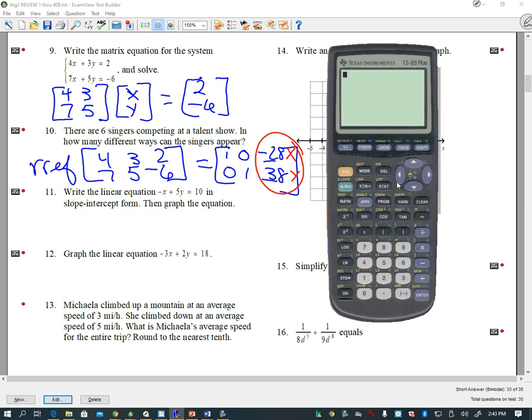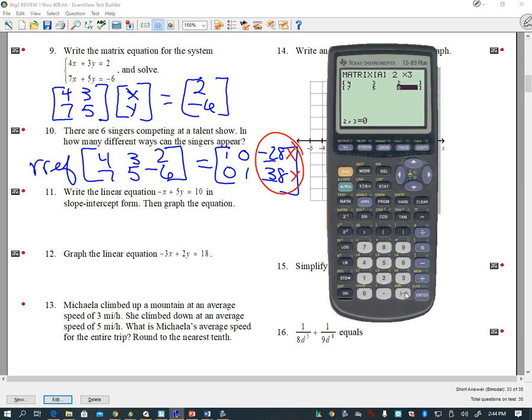All right. So are you ready? Okay, so first thing we're going to do is hit second matrix. We're going to go to the right all the way to edit. Okay, and the first thing we need are the dimensions. So what are the dimensions of my matrix here? 2 by 3, good. Now we're just going to plug them in across. So 4, 3, 2, 7,